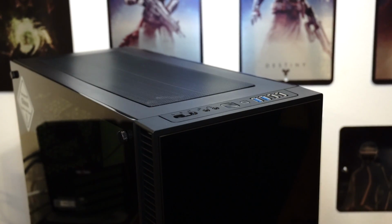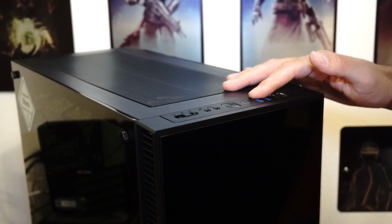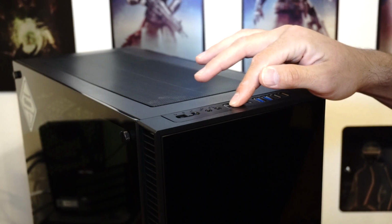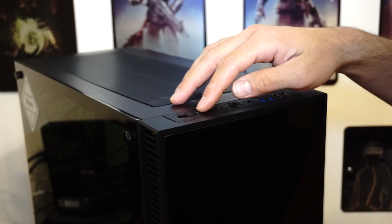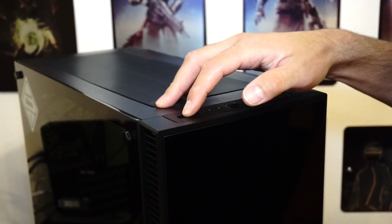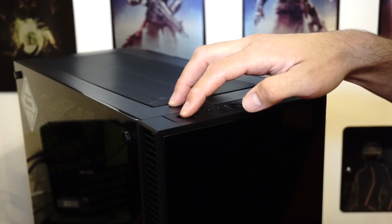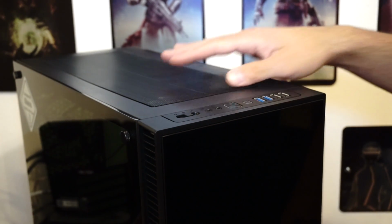Okay, so if you look at the top of the case, the arrangement's really nice. You have two USB 2.0 ports, two USB 3.0 ports, your reset button, which is not a big metallic, mechanical push. You can feel a little click. Power button is the same thing, pops in place. Headphone jack, microphone, and then this is your fan speed controller. There's low, medium or standard, and high. The switch actually feels really nice. I'm sure you can hear it. It's a little bit different feeling going from medium to high, but everything else feels really nice. This cover up top